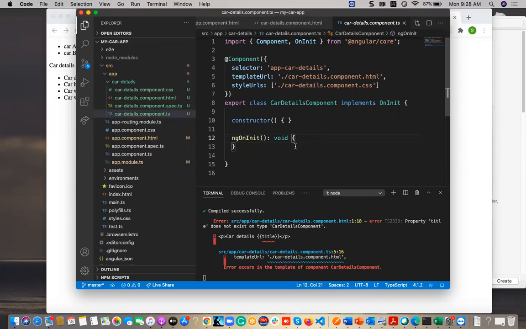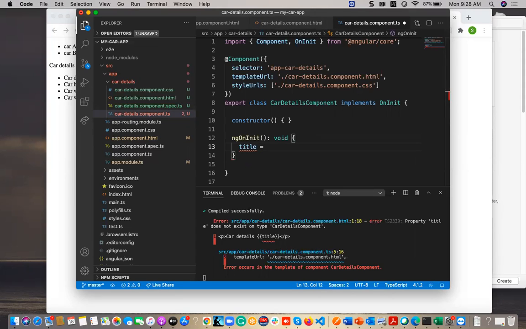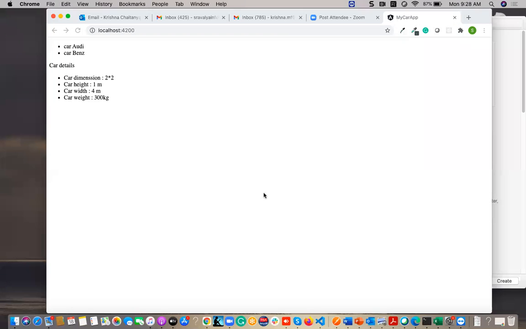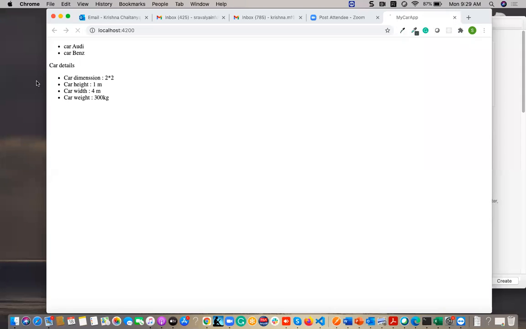So the component where I am giving here like title, and I am giving that component as one second.